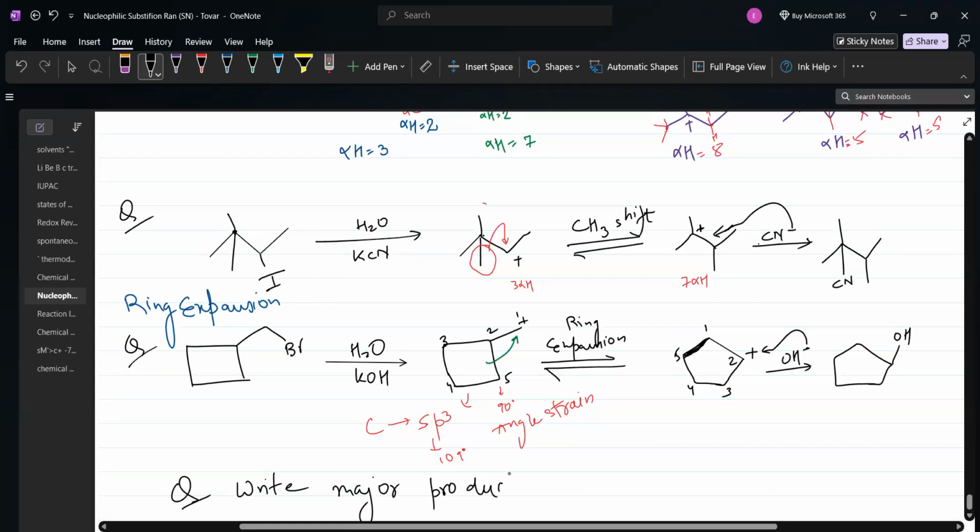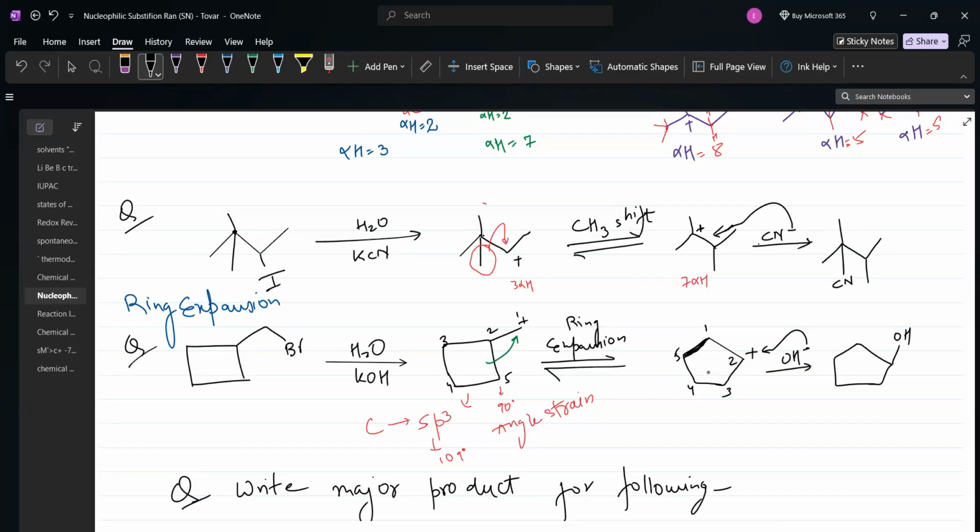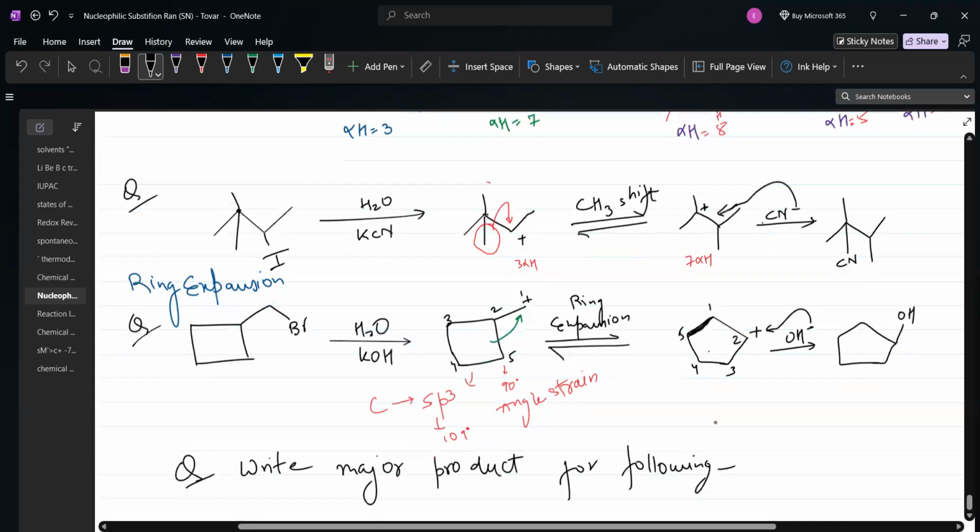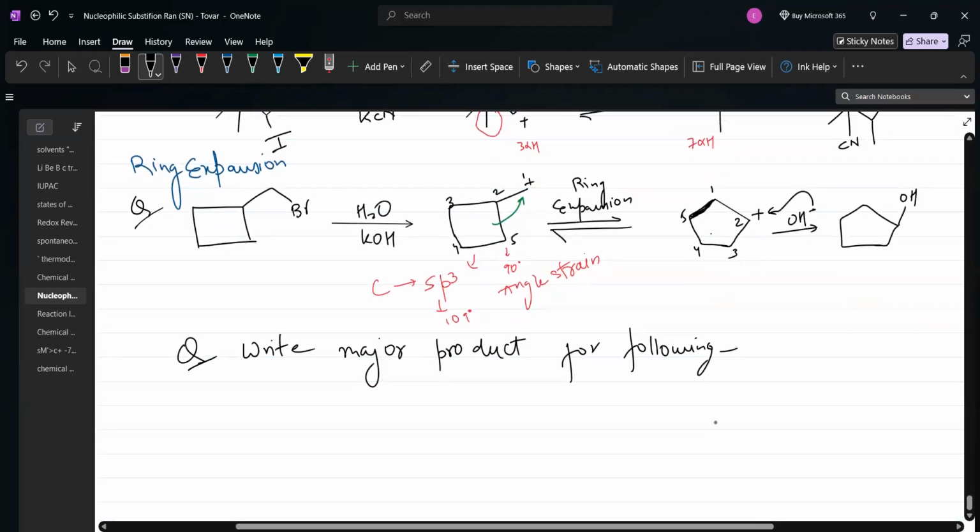Have you understood? Okay, write the major product for the following. So now the angle has been increased, right? It is more than 90 degrees. I don't remember exactly, it is like 100 something. So angle strain has been decreased. So this is forming in this way. Okay, let's try some questions, and when you are done,